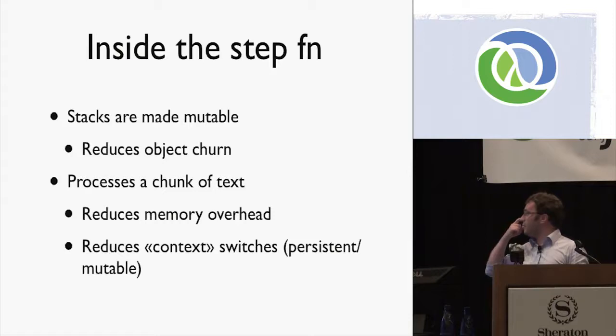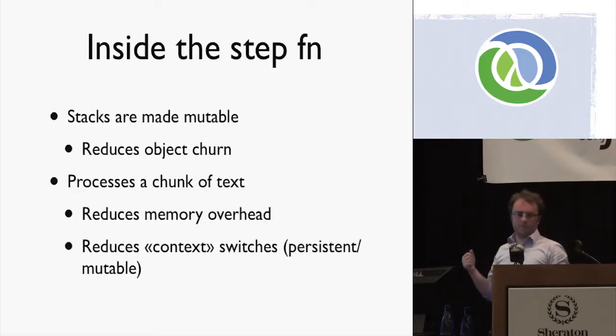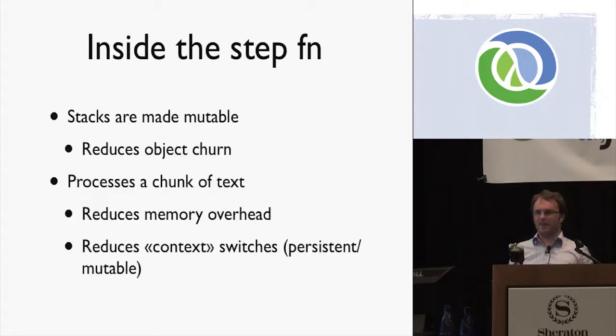So inside the step function, I have made many things mutable simply because at first I wrote everything in a purely functional manner. It was slow. I profiled it, and I see that I was churning too many objects inside the step function. So I made many things mutable, and it made the things easier because anyway I was already doing side effects to track